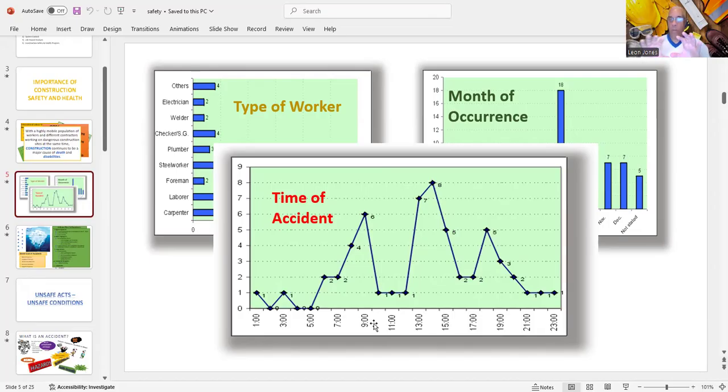So, looking at this information right here, you look at all of the occurrences when they took place. This is what I call using data to track the incidents on construction sites. And if you have the correct data, it can help you make proper decisions on managing risk more efficiently. Now,